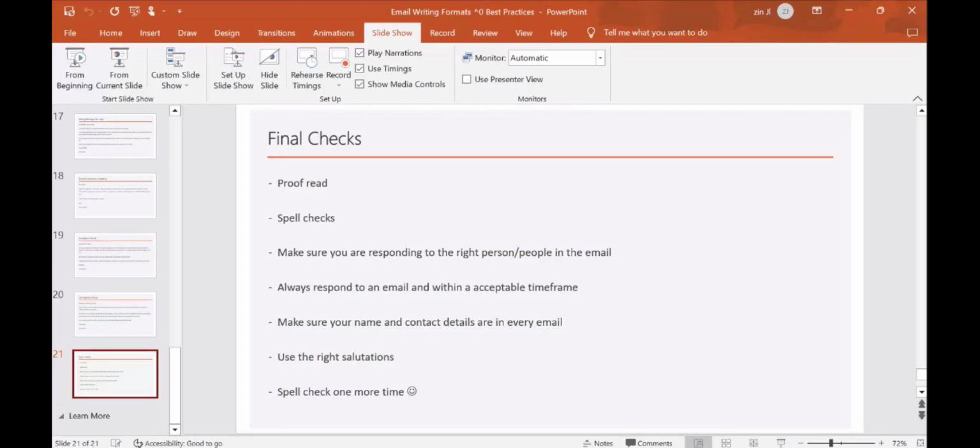So always proofread your emails. Always see if it's to the point. English is not my first language, so I always do spell checks just to make sure that I'm not making any mistakes. I always make sure that I'm responding to the right person in the email. Now, there are a lot of emails that come in from one person, but there are 10 people CC'd in the email, right? It could be your line manager, it could be somebody else. So whenever you see an email where there are people in CC, press reply all, right? If it's a more personal way of doing it, say somebody's asked you, well, I need this, why haven't you done this?